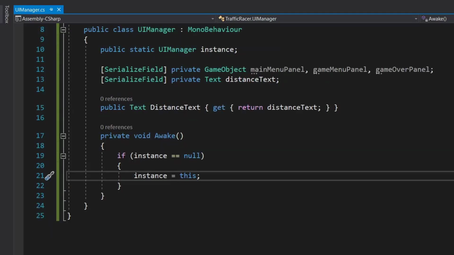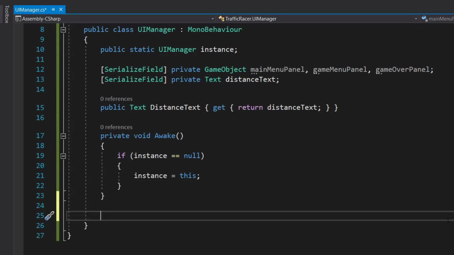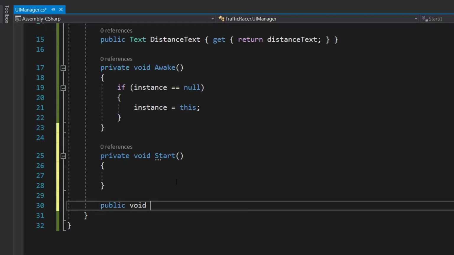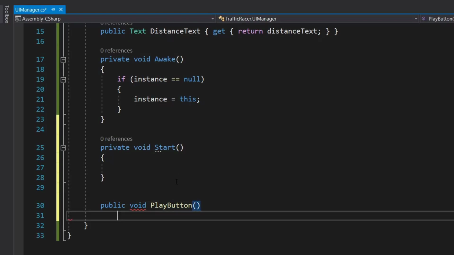So first we will create some important methods which we will complete as we go with our game. So first we will create our start method. So private void Start. Then we will create public void PlayButton method.